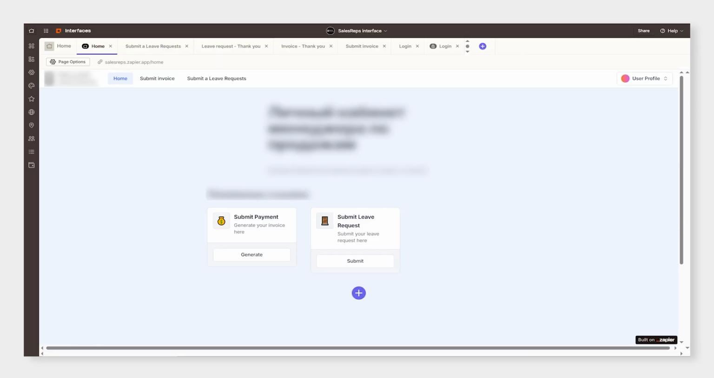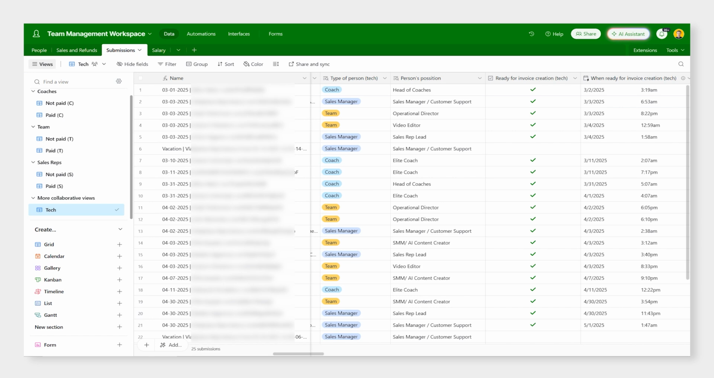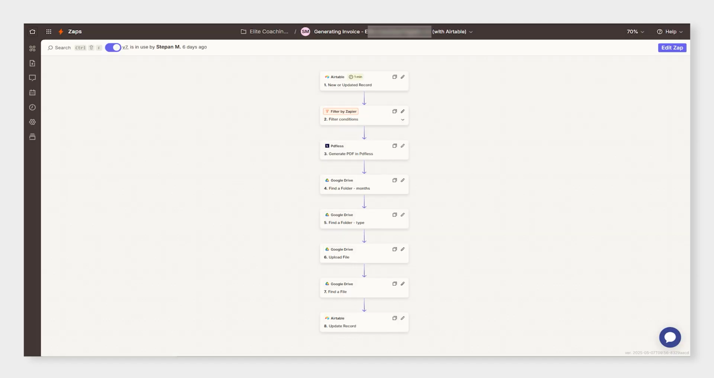Here we are inside the team member's secure personal interface where a team member can submit a payment or submit a leave request. The payroll invoice submission form looks like this, and when the form is submitted, it funnels into the Airtable backend, which you can see on your screen, where the necessary automation and technical operation take place. And when the whole set of information needed for invoice creation is ready, the Airtable automation checks this checkbox, which triggers this Zapier automation, which first of all filters whether the submitted request is the one that we are interested in,